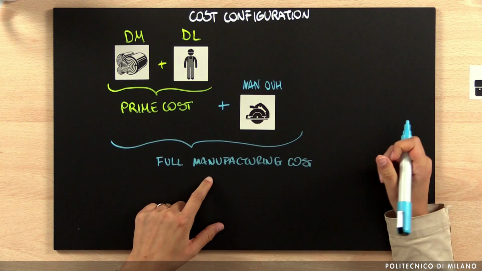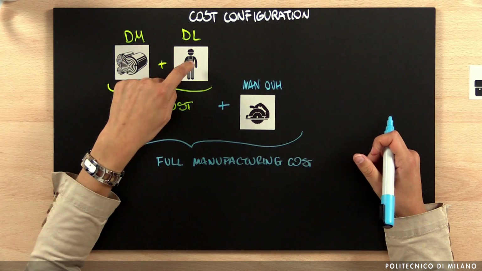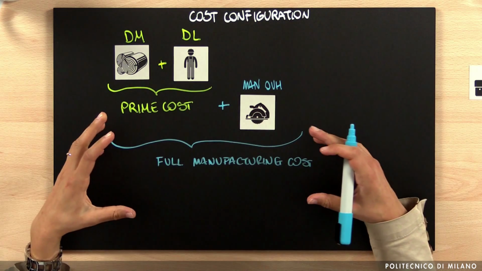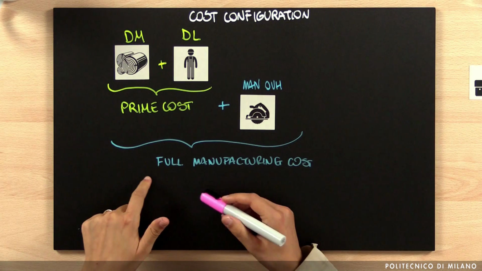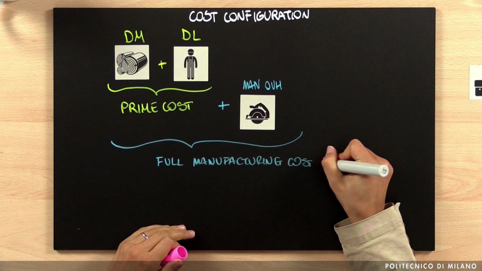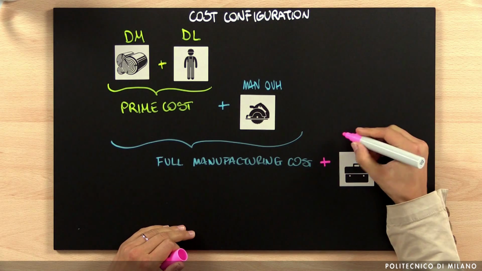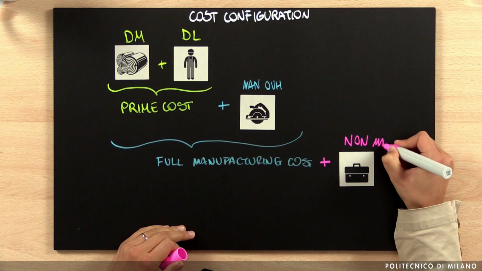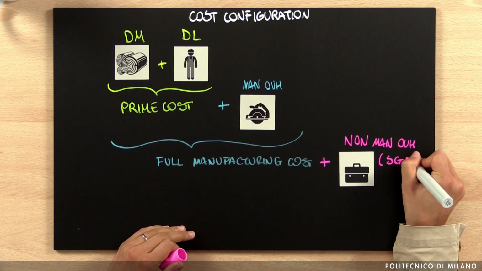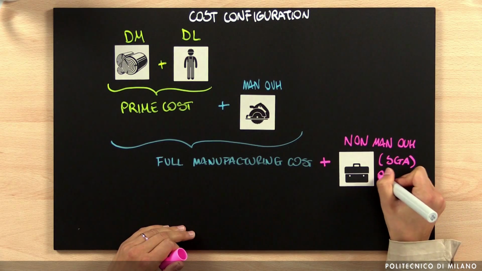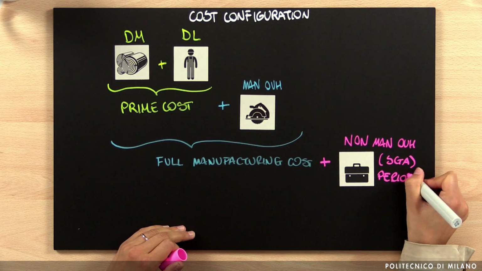You can see that given that we are assigning to our final cost object direct material, direct labor and manufacturing overhead, we are calculating the production cost if we go back to the classifications of the cost. But then we have a third alternative, and I think you can imagine which is the third one, because we can also assign to our final cost object the non-manufacturing overheads. So if we add to the full manufacturing cost also the non-manufacturing overheads, so basically our famous selling, general and administrative expenses, that we can call also period cost. They have several names, but we are always talking about the same thing.